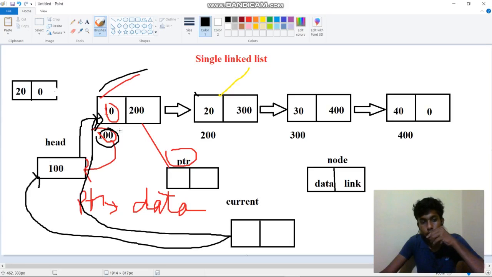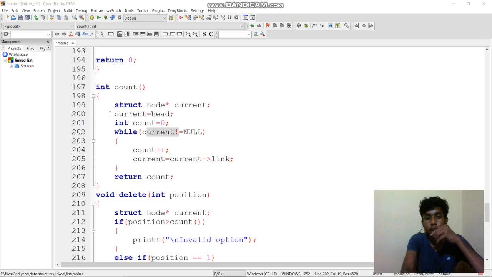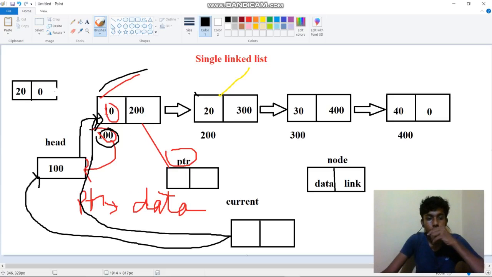So it will go inside the while statement and do count plus plus. That means 100 is the first value, so it accesses the first node and the count becomes 1.